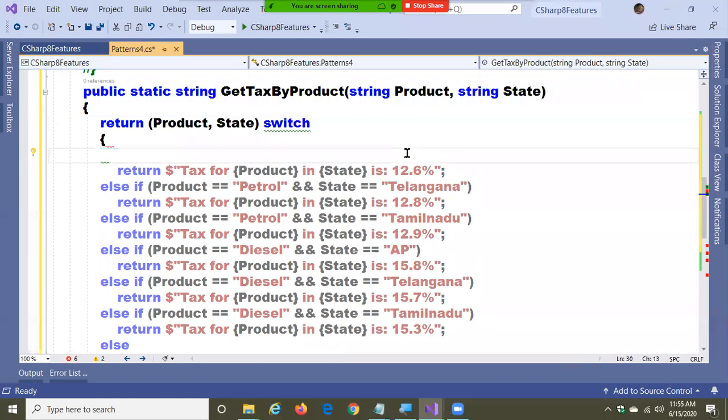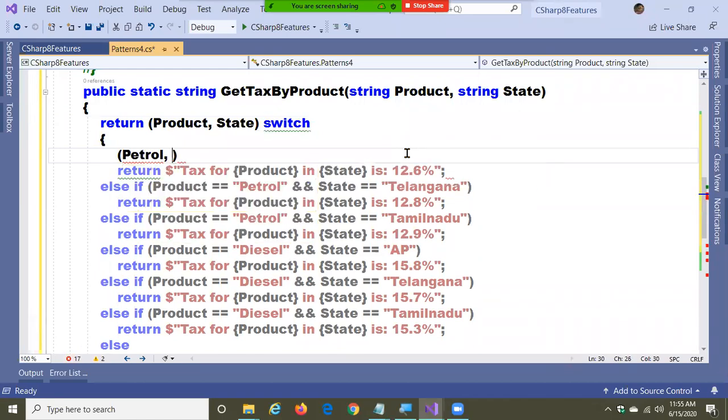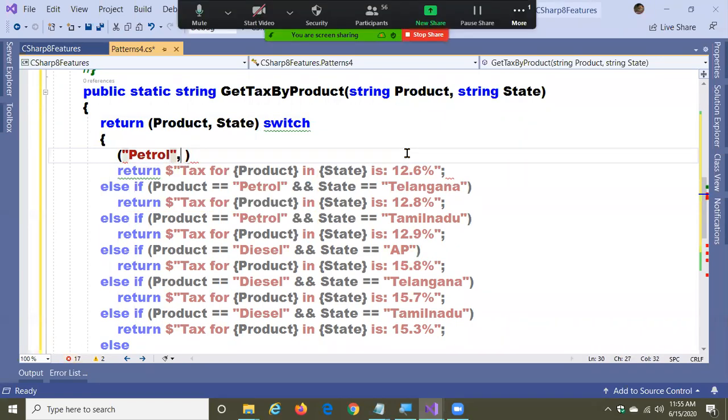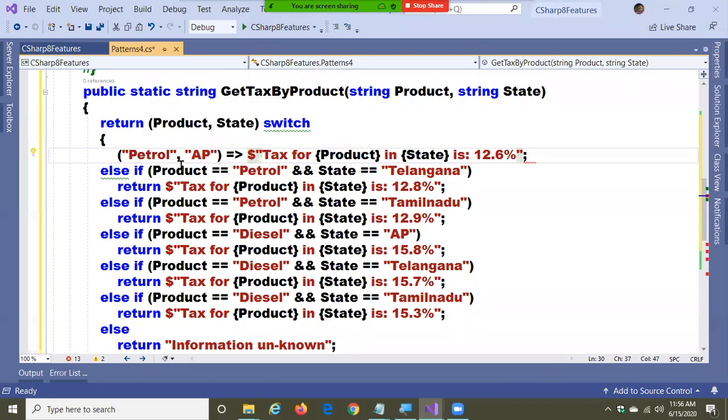Okay, how you can write the code: petrol, comma, AP, lambda expression, finish. And here we need to use a comma. And you can repeat the same for all the other things now.